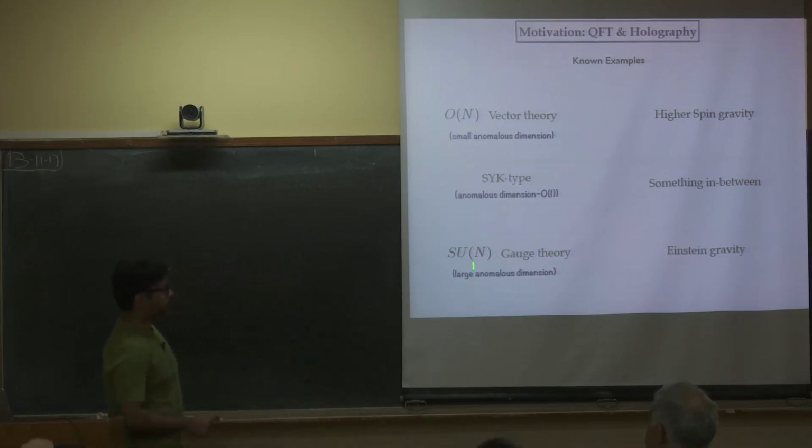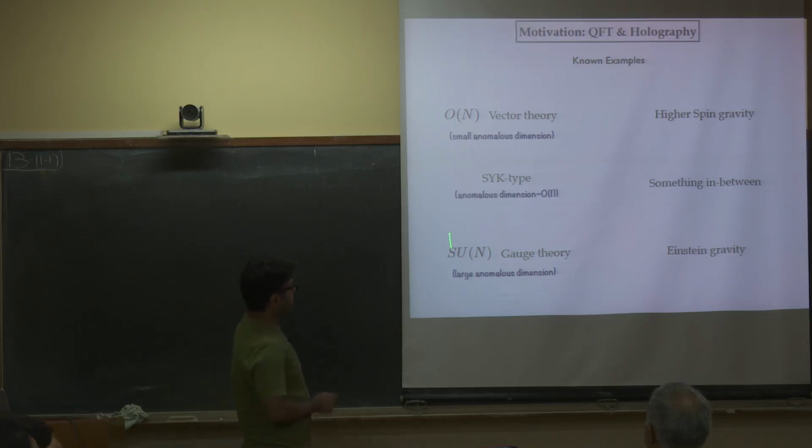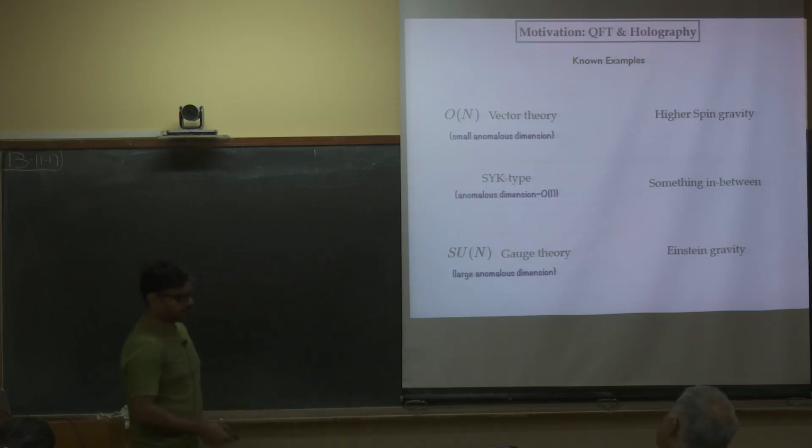This one we also know pretty well by now. This is the, if you like, standard or original AdS/CFT correspondence. It has to do with SU(N) gauge theories, which is essentially dual to Einstein gravity, just standard gravity theory with some matter, etc. So that's a very standard picture. The feature here is that between this and this there's a difference. Other than the vector or the gauge theory part, these ones have large anomalous dimensions, and that essentially gives us a classical gravity. On the other hand, the first one here has very small anomalous dimensions. Therefore, you get gravity plus all spin degrees of freedom also. Nothing decouples.